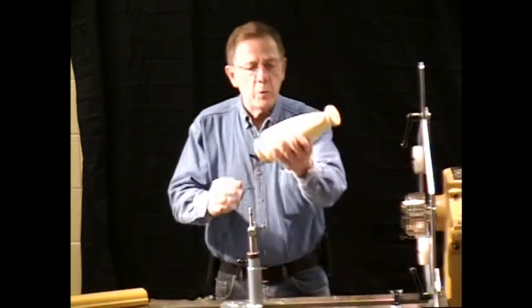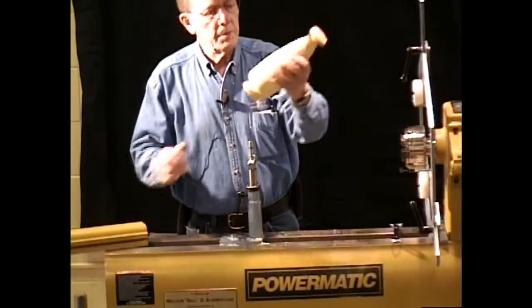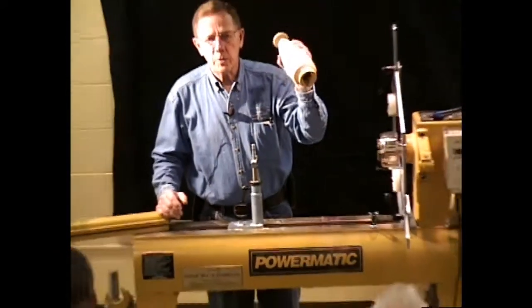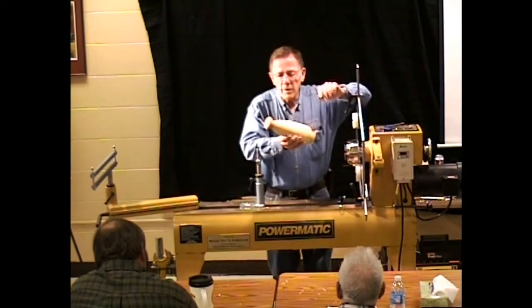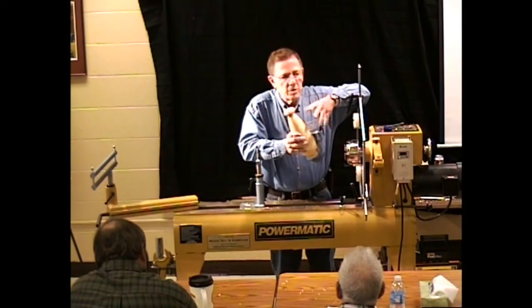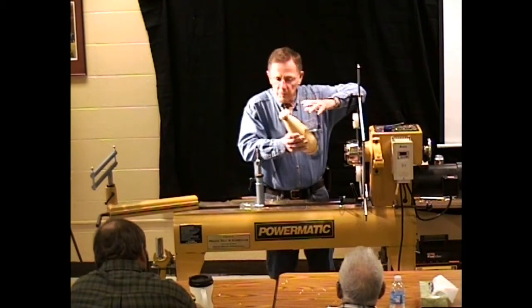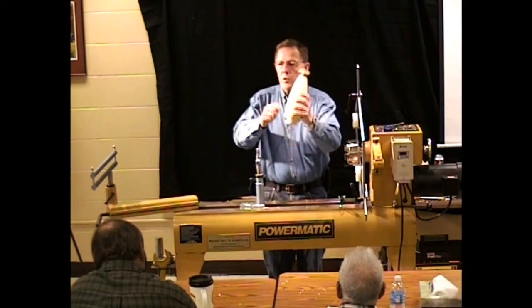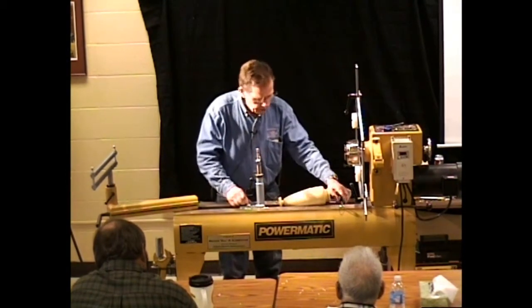Okay, now we have it dry. We've finished our vessel, and we've hung it up, and we now know that it's dry and it's ready for the second turning. Now, no matter how carefully you select your wood, things are going to warp a little bit out around, and they aren't going to be straight like they were. So we can't use this foot that we used before. We need to recut it. And the way we recut it